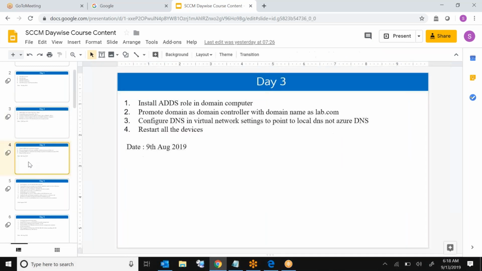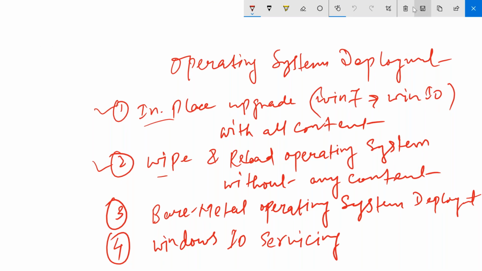Now today, what we have to do is we need to create a domain controller. Domain controller is a mandatory task. Without a domain controller, you will never be able to install SCCM. Okay. So what we did,